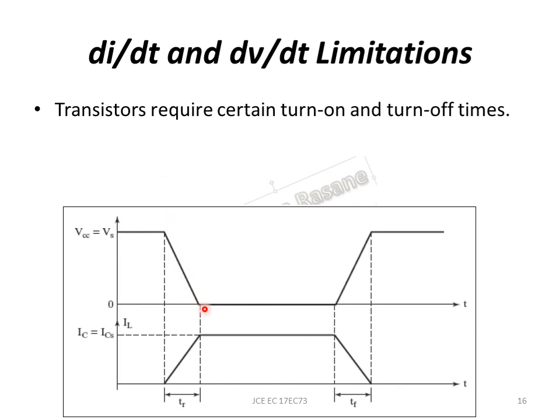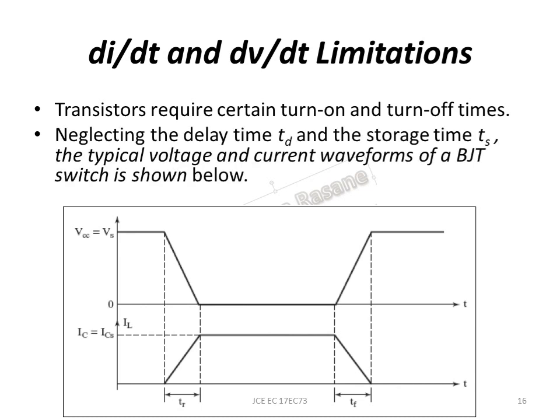So this is how we define dV by dt as nothing but the rate of fall of voltage or rate of rise of voltage, and di by dt as nothing but the rate of rise of current. Note that dV by dt and di by dt are at their maximum peak during the transient, and hence maximum power dissipation occurs during TR. In the other two stable states, there will not be much power dissipation. If you neglect TD, TR is going to be the rise time, and in the fall time we are neglecting the storage time which we see in BJT, so here it is just TF.